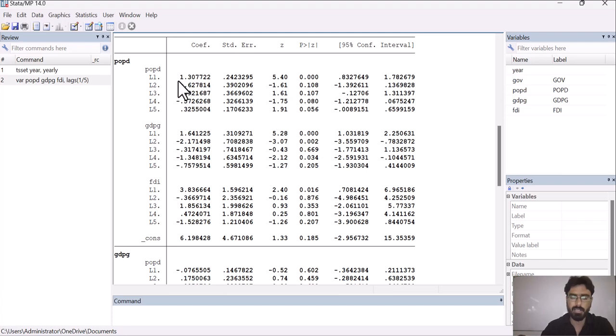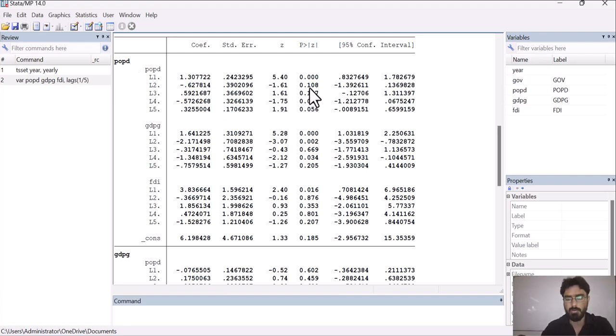The coefficient sign tells us about the relationship between the variables. As population lag 1 is showing a positive sign, there is a positive relationship between population lag 1 and population. Here the coefficient sign is negative, so there is a negative relationship between lag 2 and POPD. When this increases, this decreases, so they are moving in opposite directions.